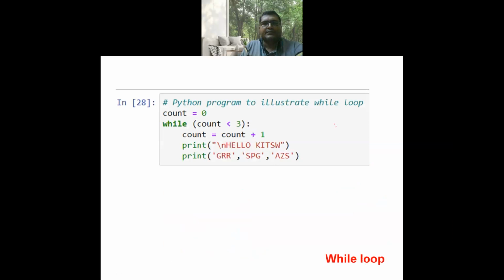One more sample program to demonstrate while loop. Here some new line command is included. New line command is